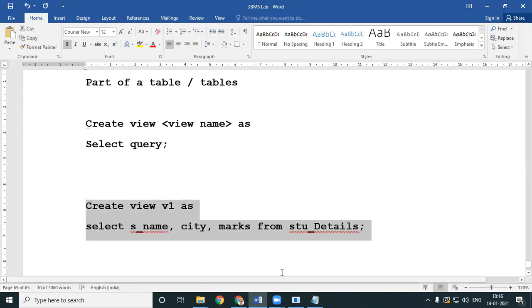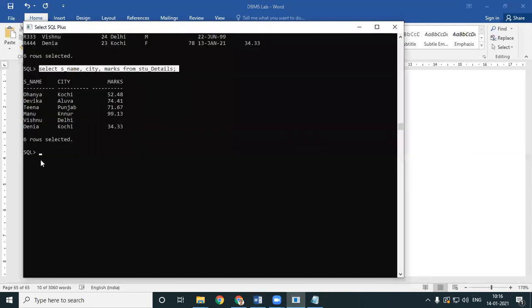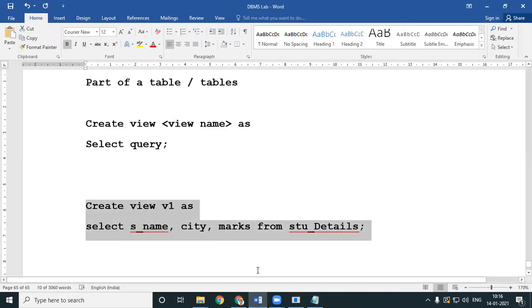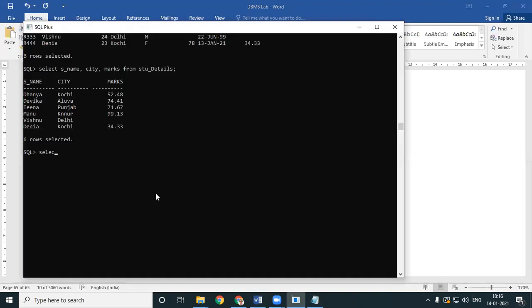Now I'm creating a view of that particular select query. A view has now been created. Now let's see the view. Select star from V1.